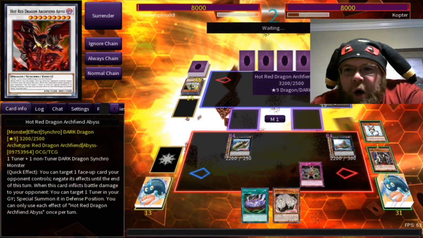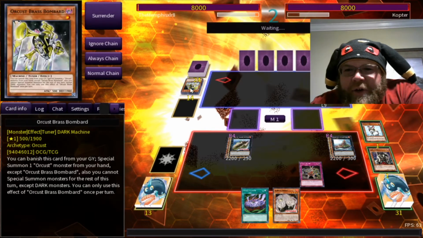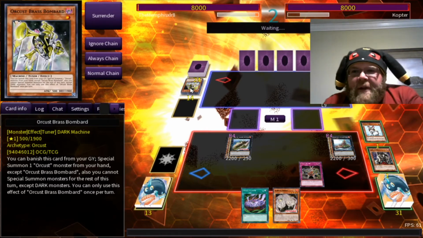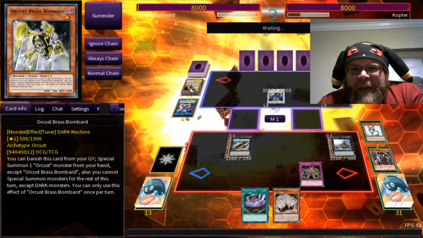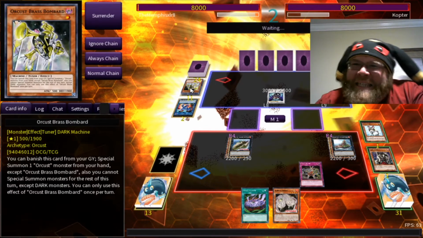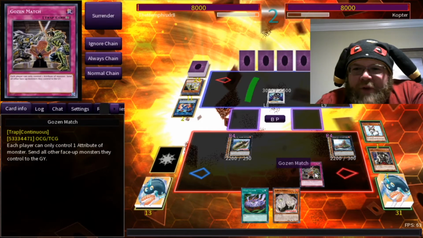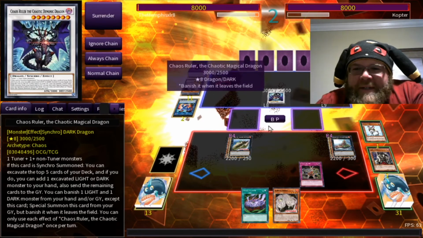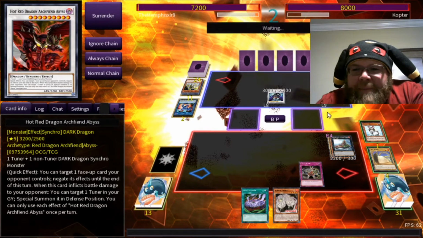Oh, it's Abyss. That's not good. That is not good. See, this is unfortunate. This guy's... I want to say this is a meta deck, but this is like Dragon Link or something, so it's kind of a meta deck. And the thing is, we're trying to lock our opponent out of stuff, and we have no way of outing this. He has Arcfiend Abyss that could just straight up